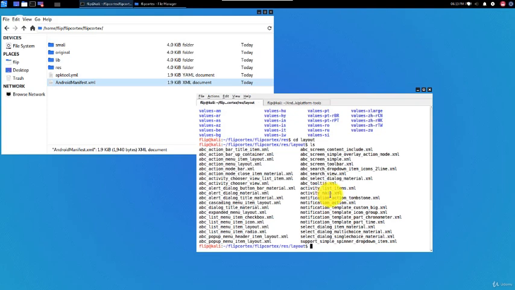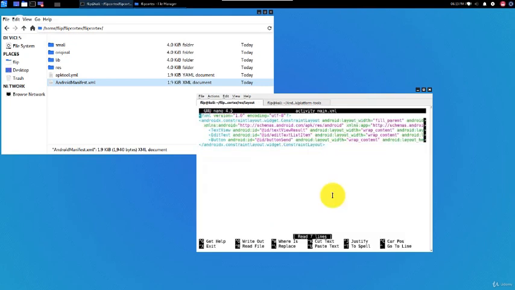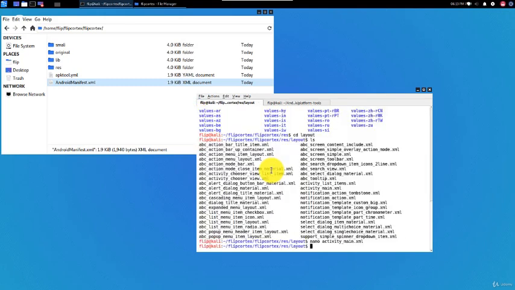You can see the layout information inside. So again, always keep in mind that this is from an APK, not from the source code. The fact that we can just get this from an app installed on your device is quite impressive.